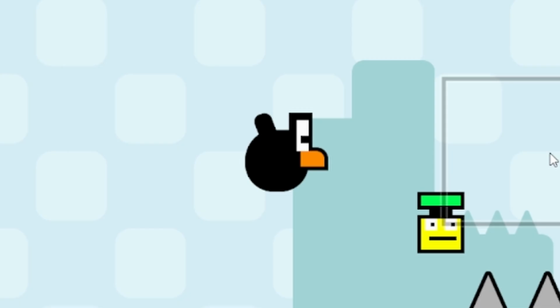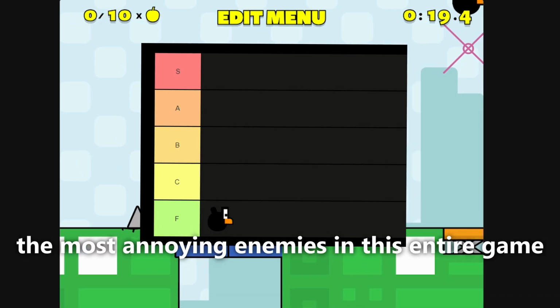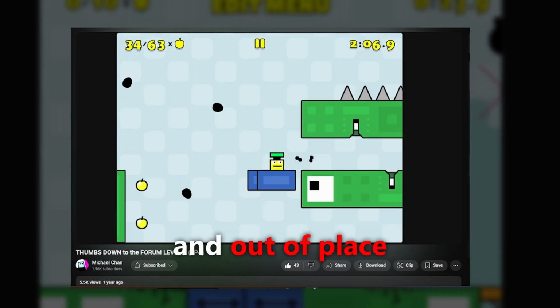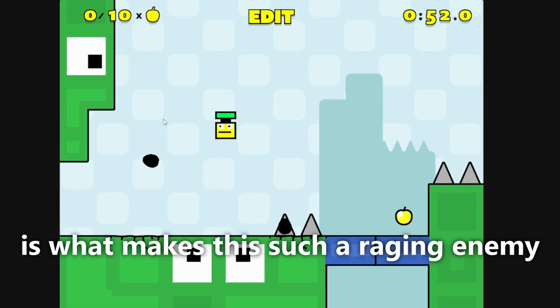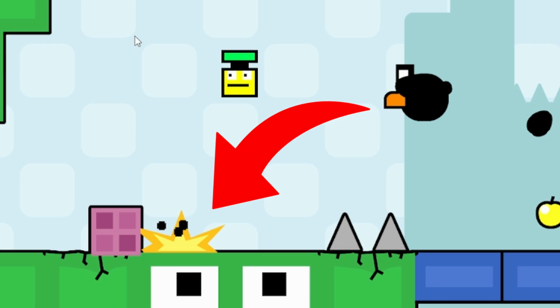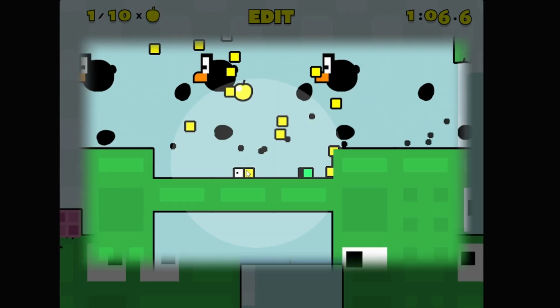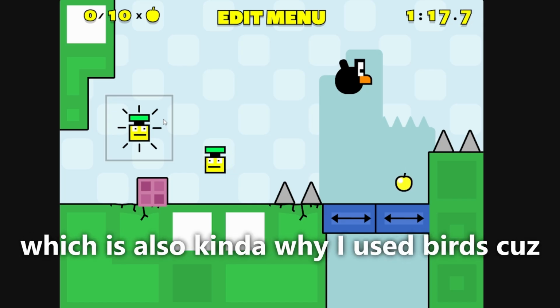Well, bird. Probably on the list of being the most annoying enemies in this entire game. It seems so random and out of place, and the bomb explosion is what makes it such a raging enemy to deal with. There's an animation when the bomb hits the ground for like half a second, and if you touch that part, you're dead. So basically, dealing with these birds just makes me go so raging, which is also kinda why I use birds,